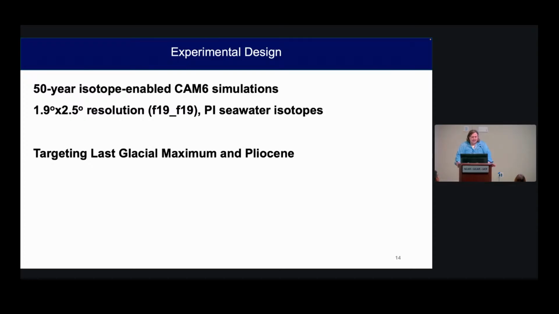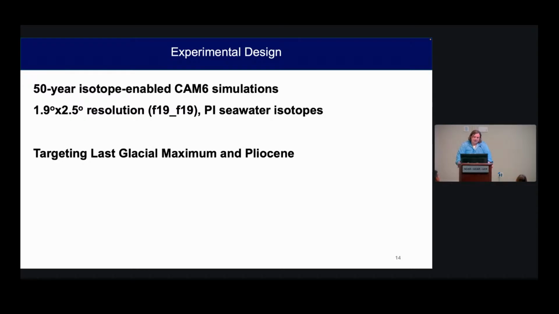We did a sensitivity test where we tried setting the whole isotope field to 0 on the sea surface, like making the whole ocean VSMOW basically. And it didn't make a very big difference, so we continued using pre-industrial seawater isotopes for our experiments. And the two climates we were interested in are the last glacial maximum and the Pliocene,